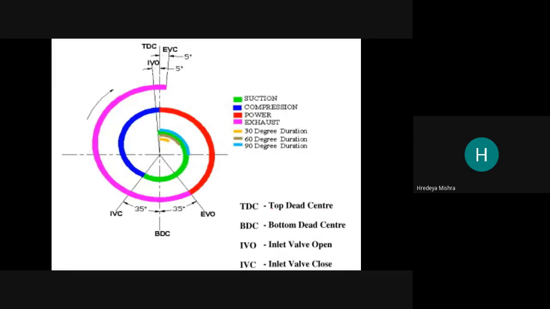So this is the position TDC, BDC, inlet valve open and inlet valve close. So here your green region is your suction, the blue region is compression, and the red region is the power stroke, and it is the exhaust